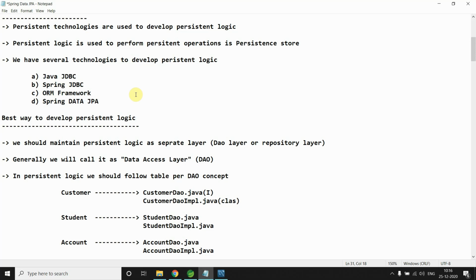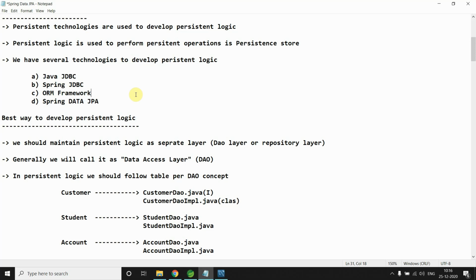Let's suppose there are a few things which help you to do your work in an easy way. In your college time when you are developing a project, I hope there are a few people who aren't aware of these frameworks. Like me, I also wasn't aware. We were making projects in college using Java JDBC, right?